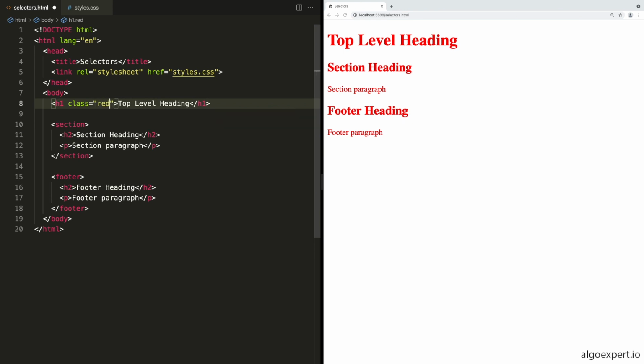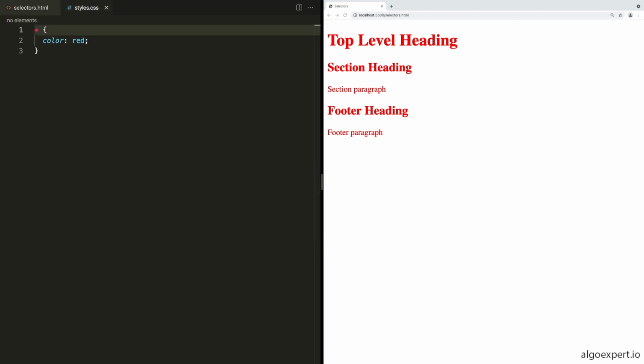So the class attribute is an attribute that you can add to any element in HTML, and this is sort of just a generic way to select everything at once that has that class. So we can say this H1, and maybe we want the section paragraph, for instance, and we can say class equals red here as well. Go ahead and save that, and now in our styles.css, instead of using the universal selector, we'll switch to a class selector, which uses the period and then the name of the class. So we want period red, and that will make the top level heading as well as the section heading turn